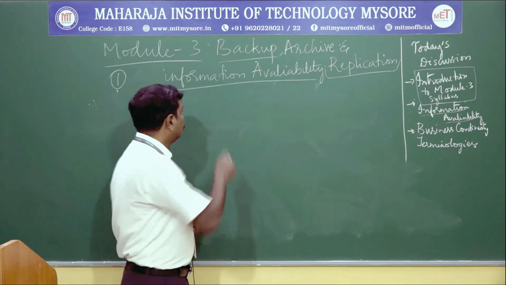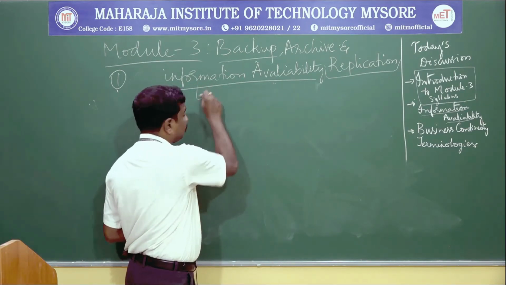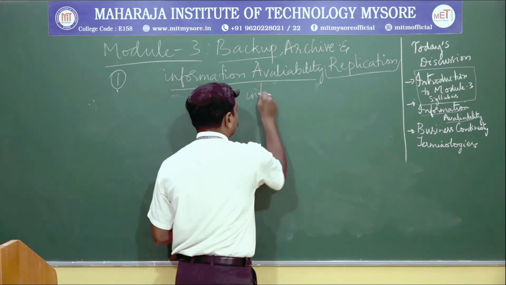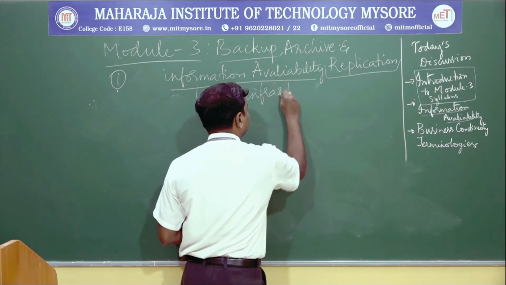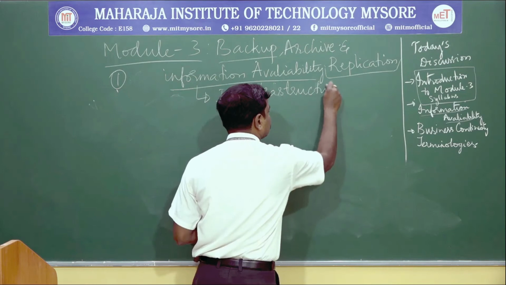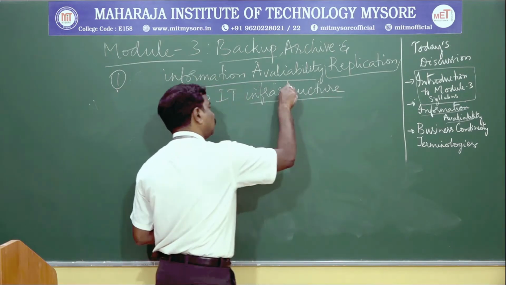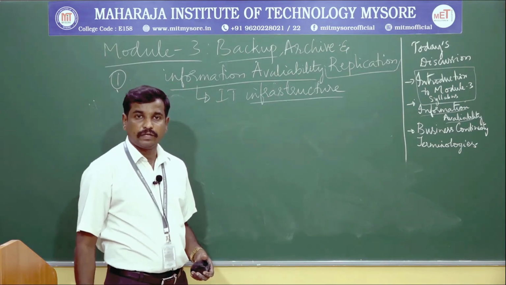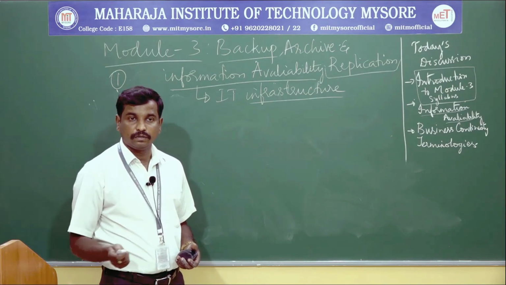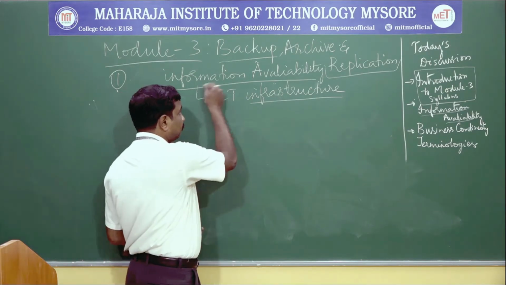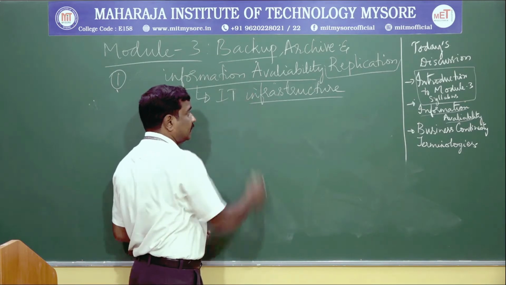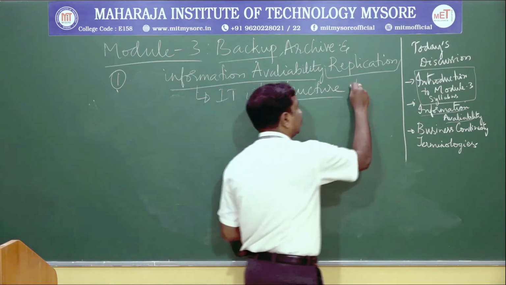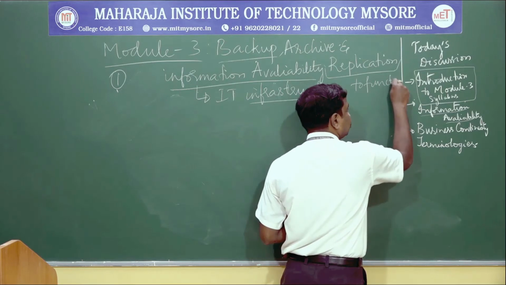That strategy will be planned and executed as part of the business continuity plan. Now, whenever we define what we mean by information availability, we say that it is nothing but IT infrastructure. What do we mean by infrastructure? Infrastructure may be the host machines as well as the computer network intermediate devices which we are using, and the data centers which we need to use. So, information availability depends upon the IT infrastructure which we have adopted, and to perform functions